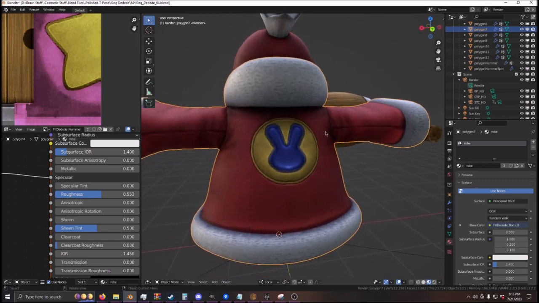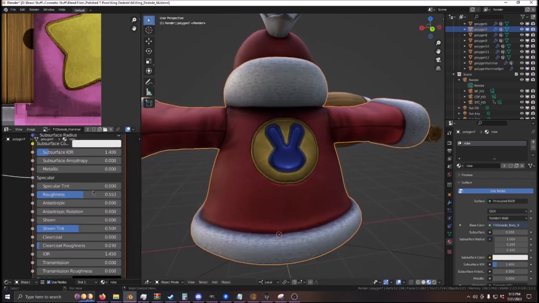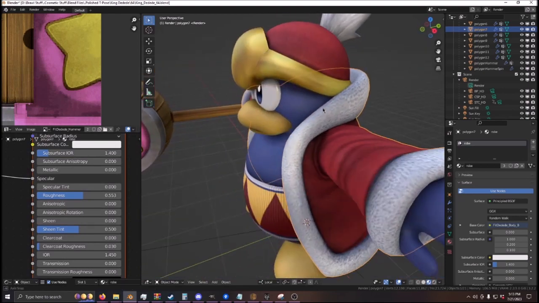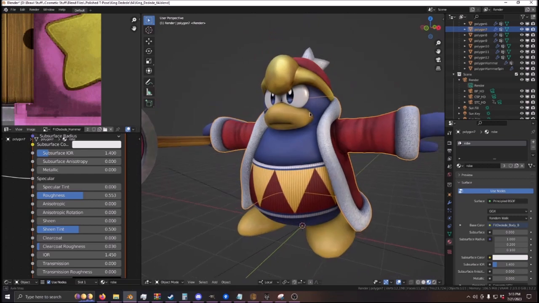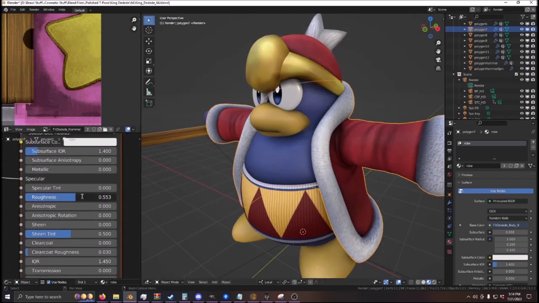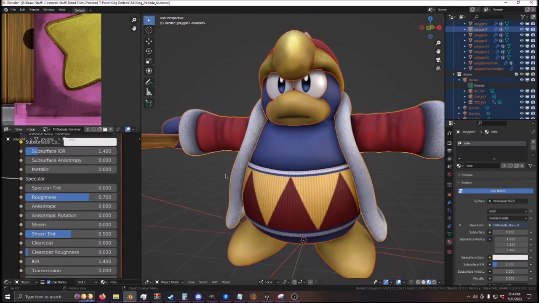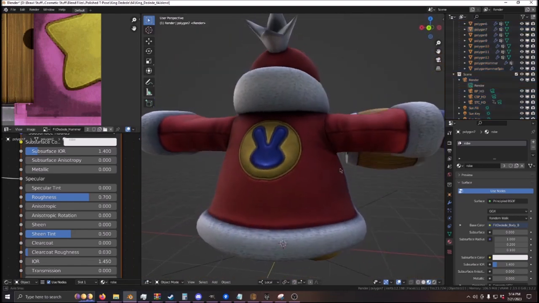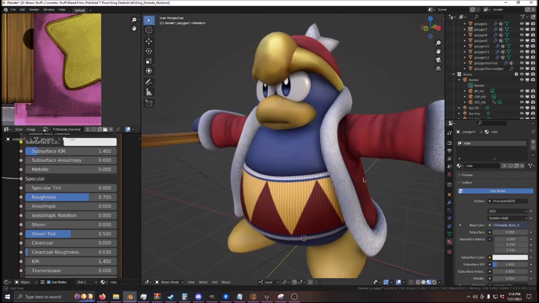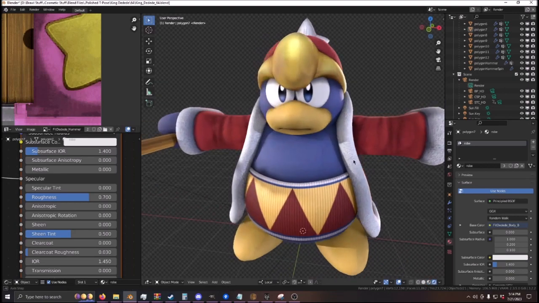But sometimes you just forget a thing, so there's no shame. For anything that isn't skin or metallic or just supposed to be reflective, I usually just use a 0.7 roughness value. It's enough of a value where it doesn't look super shiny, but it's enough where lighting will actually affect the model. Because if you see in rendered view here,